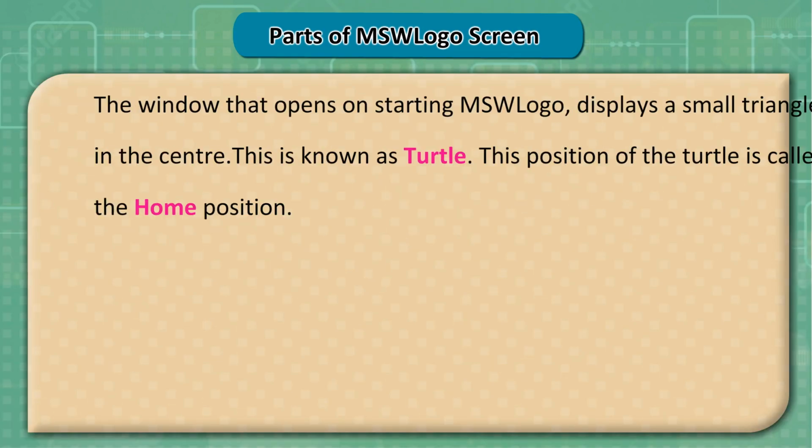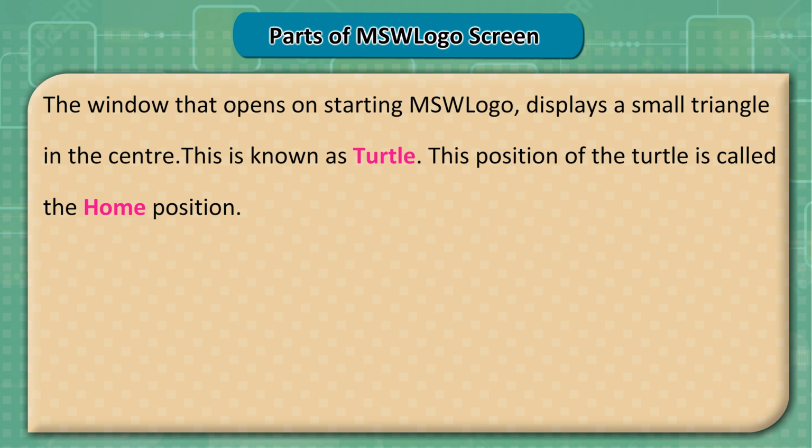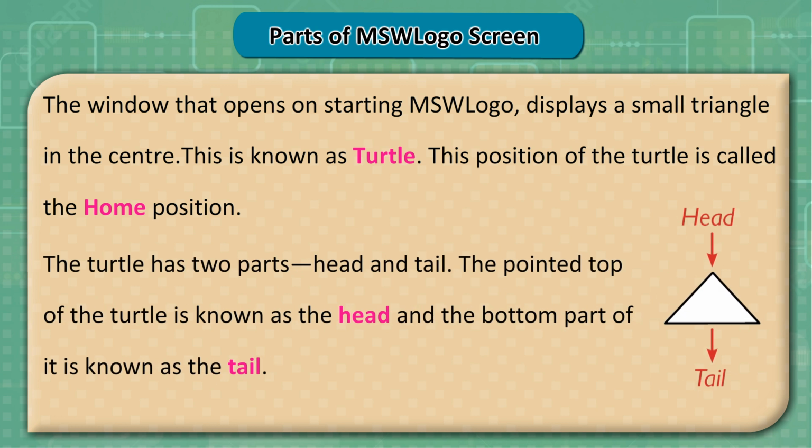Parts of MSW Logo screen. The window that opens on starting MSW Logo displays a small triangle in the center. This is known as the turtle. This position of the turtle is called the home position. The turtle has two parts, head and tail. The pointed top of the turtle is known as the head and the bottom part of it is known as